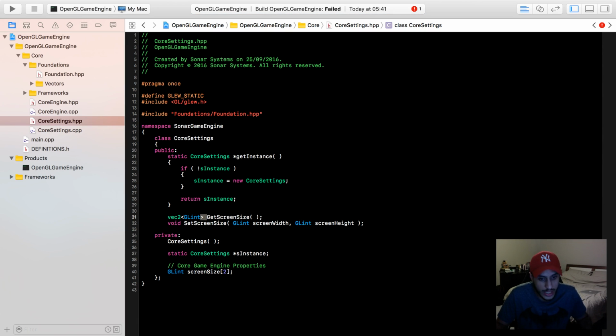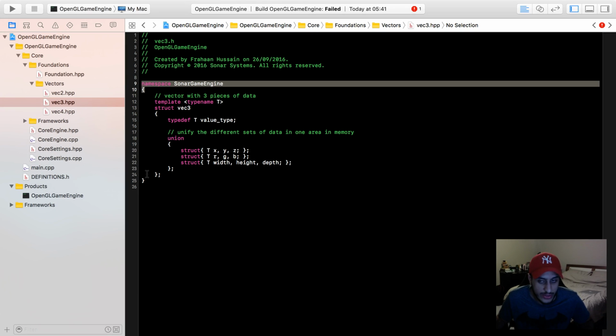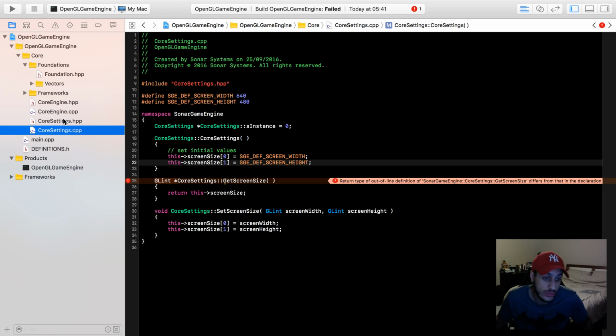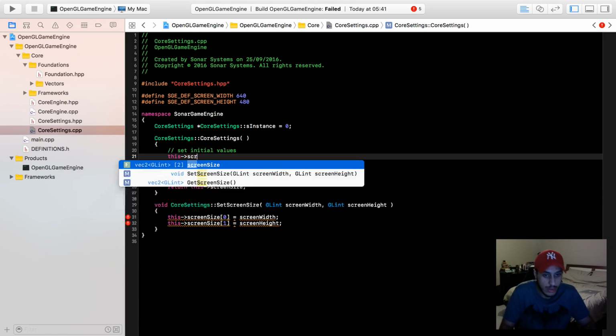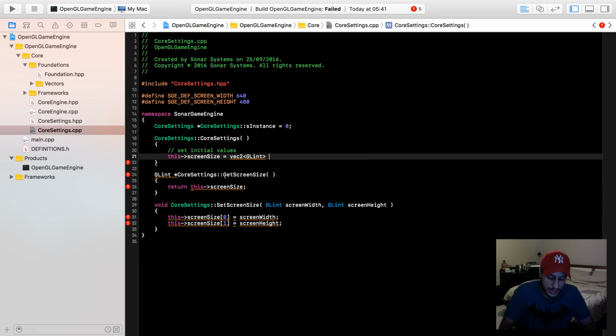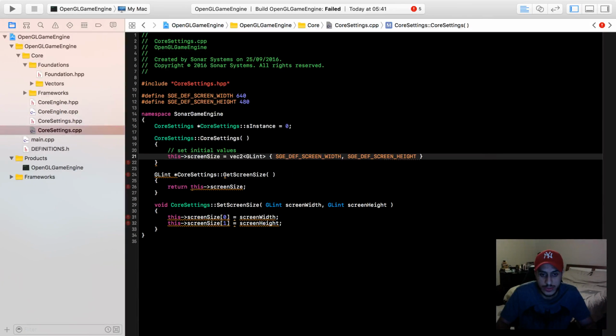Yep, that's fine. The errors are because we've updated this and we haven't updated it in the implementation source file. Another thing I wanted to show you, I forgot, you probably already noticed it, it's within the Sonar Game Engine namespace, hence why I'm not doing anything like Sonar Game Engine::, but you usually would do something like that if you're using it outside, which you're more than welcome to. So for this you just do screen size equals